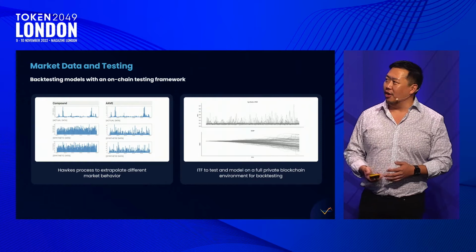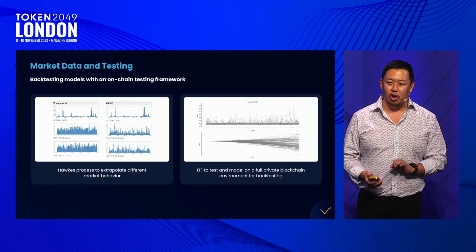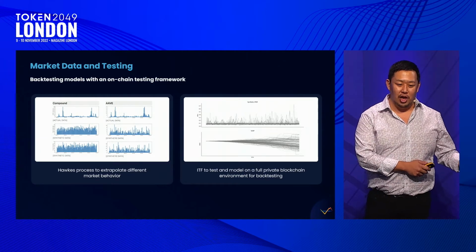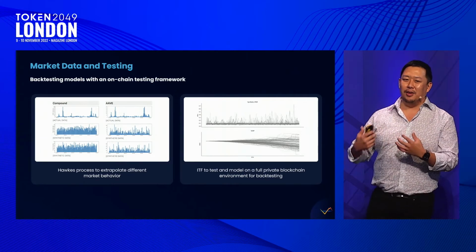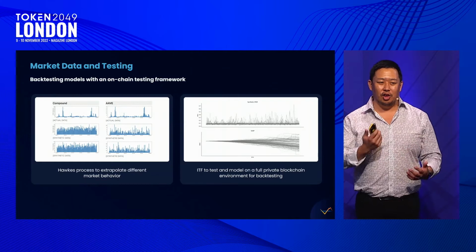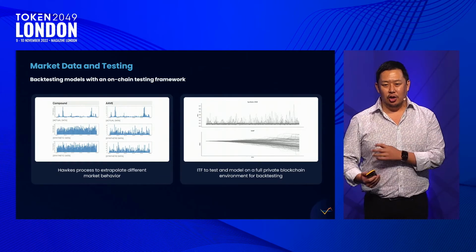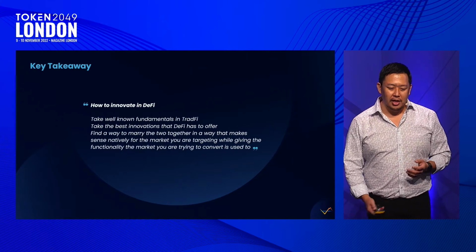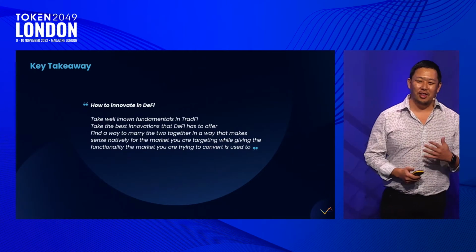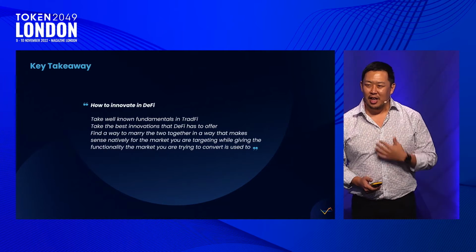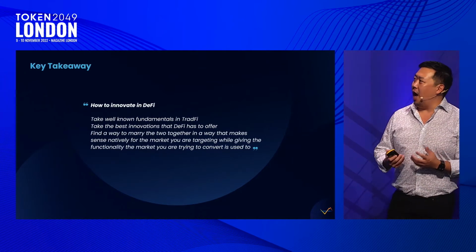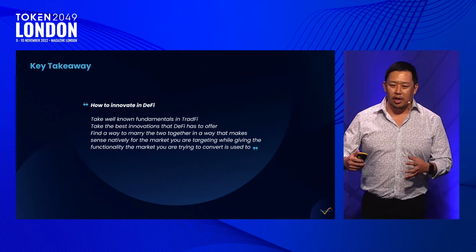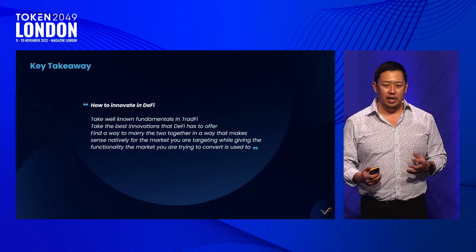And this is all done on an internal testing framework called the ITF that we use to backtest the models and how they would behave on chain. And so this is really the interesting process of marrying the quant, the on-chain, to create these instruments. Okay, so the key takeaway is, and it's probably horrible English, you have to pardon me, I am American, but it's really how you take the best known fundamentals from traditional finance, you marry them with all the capabilities that you have in DeFi.